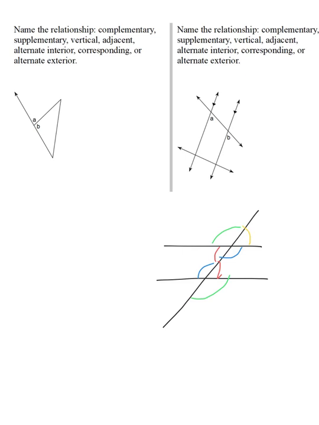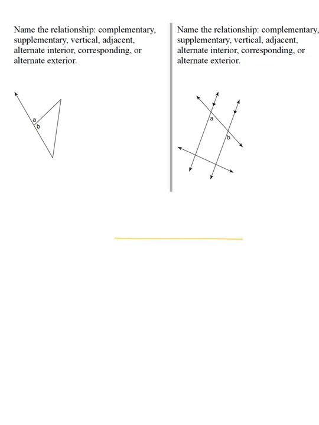And now you can see there's one more set that I'm marking in yellow. They are alternate exterior and also equal to each other. Now what I'm going to do is erase that figure and redraw, let's do it in black, so that I can show you